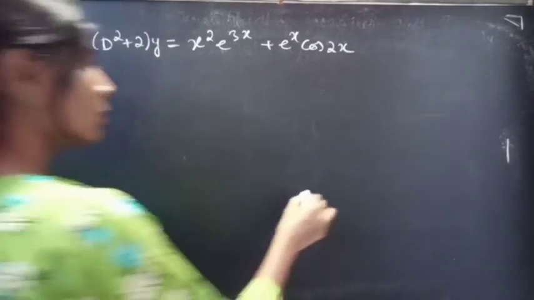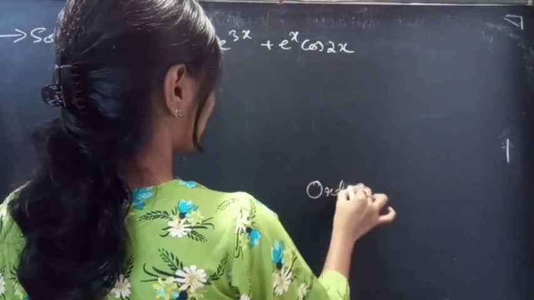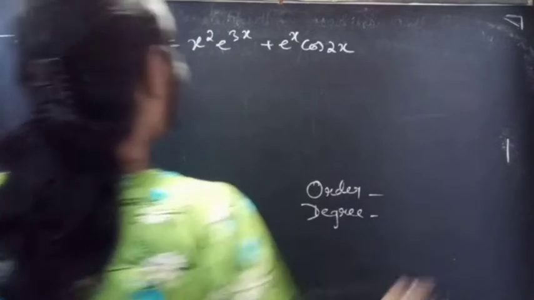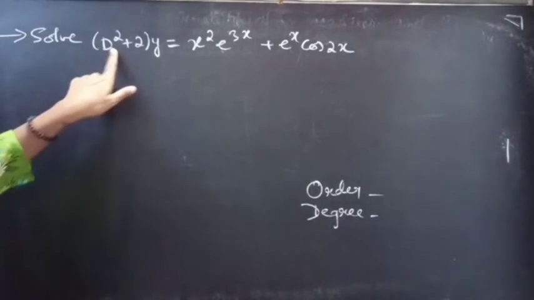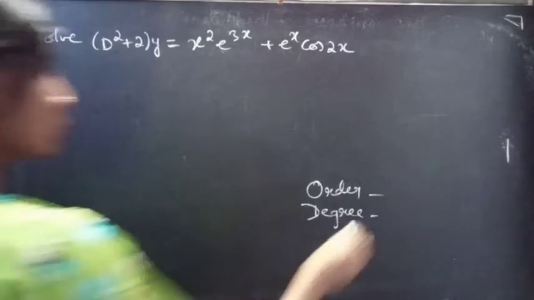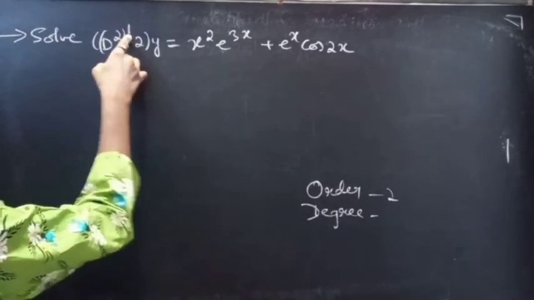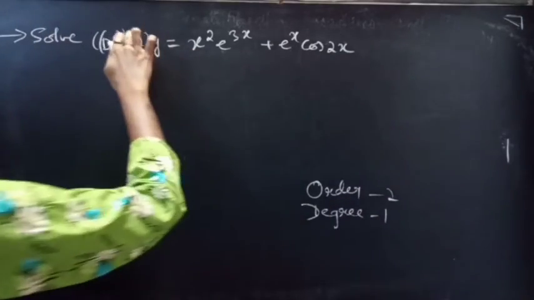Firstly, let's find the order and degree of the given differential equation. Identify the highest derivative here. D square is the highest derivative, so the order will be 2. And the highest power of the highest derivative is the degree. Degree is 1. Or, just write the given differential equation as